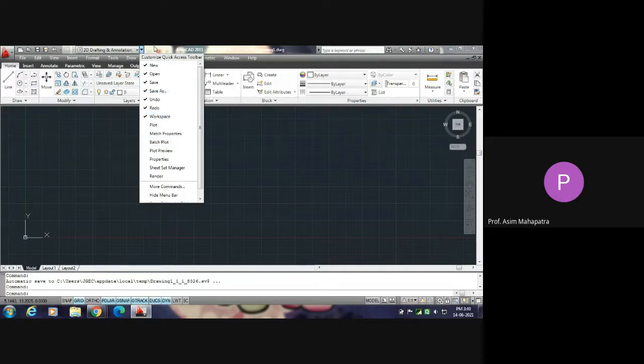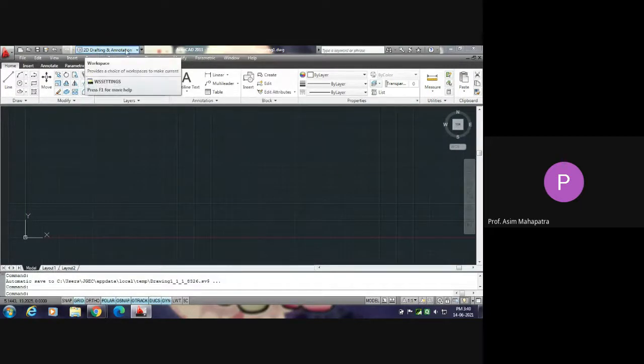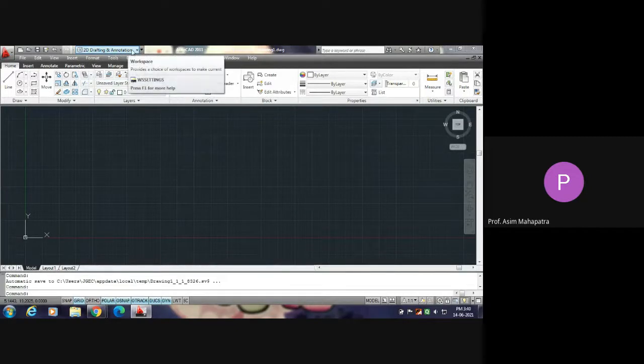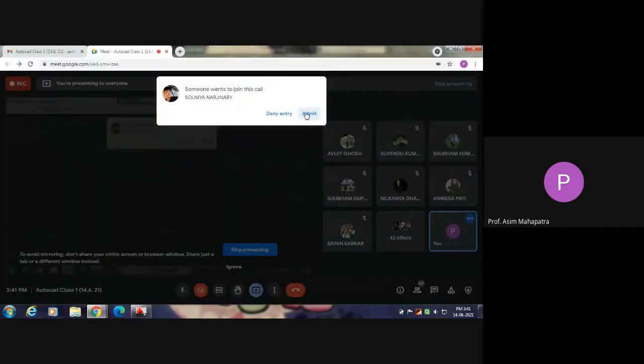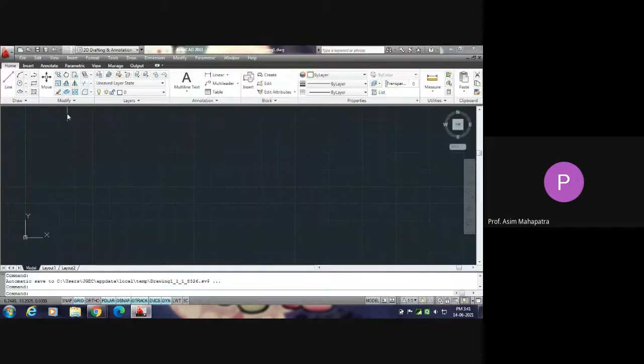This one is workspace: 2D drafting and annotation. If you change the workspace, the basic pattern will change. I will show you how it can be changed. If you click on that drop-down arrow, you will get various types of AutoCAD workspaces. One is 3D basics, another is 3D modeling, and another is AutoCAD classic.